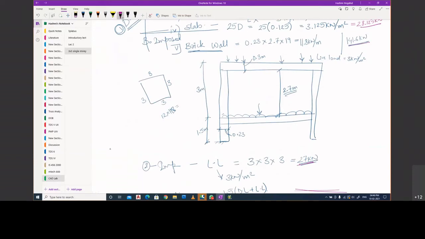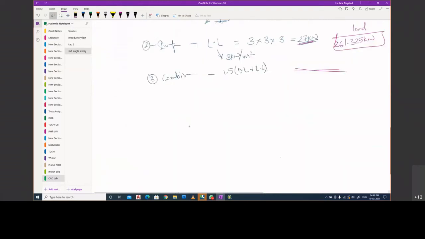I don't know how he got that answer, but the answer which I have calculated is 261.325 kilonewton. This is the entire load. If I multiply it by 1.5, I'll get 391.98. Let us say it is equal to 392 kilonewton.